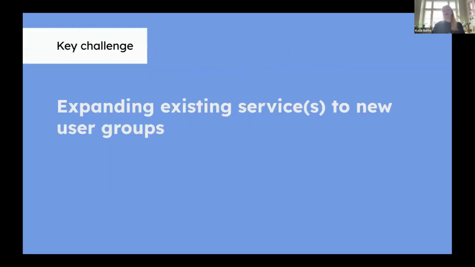So I understand that one of your key challenges at the moment is exploring how you can expand existing services to new user groups. You have already built quite a functional service, and it's working well for a certain subset of users, but you're like, hey, let's see if we can expand this to new groups. We don't necessarily want to reinvent the wheel, but of course we do want to understand how we can add specific value for these new user groups.